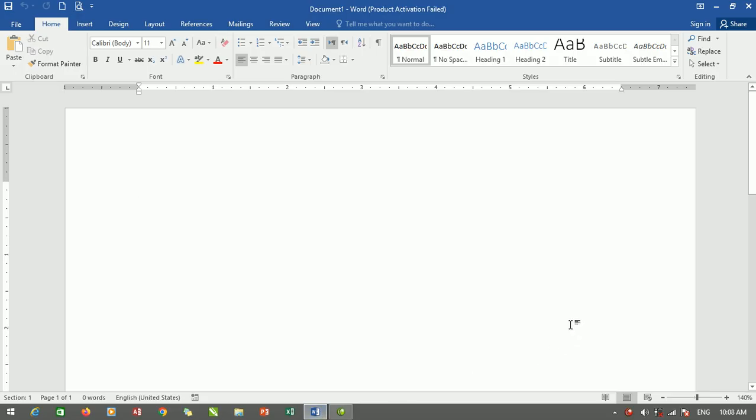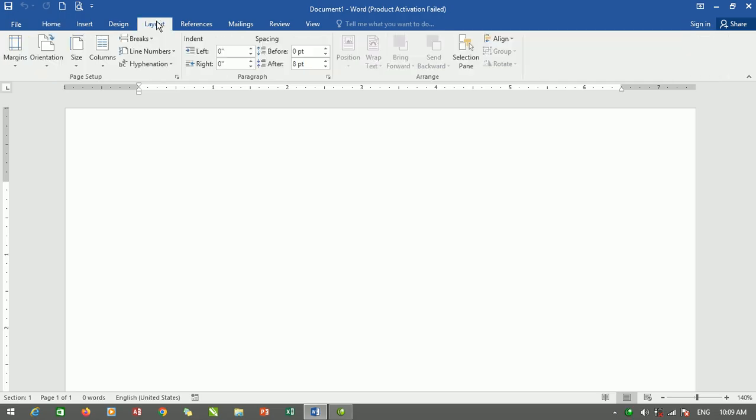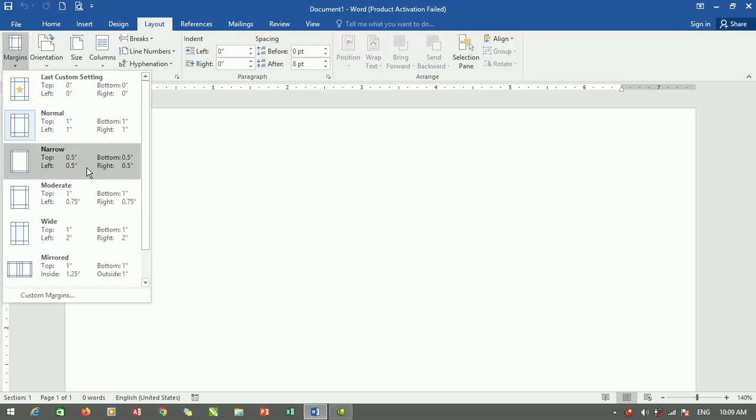Hello there. Today I want to show you how to make a notebook design in our computer. It means in a MS Word program. It is easy. First you should click on layout, then you have to click on the margin, and also go